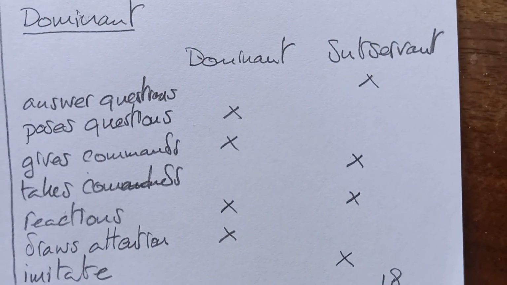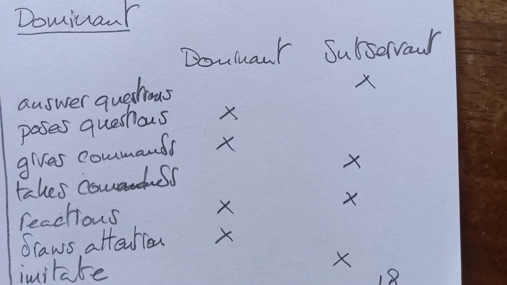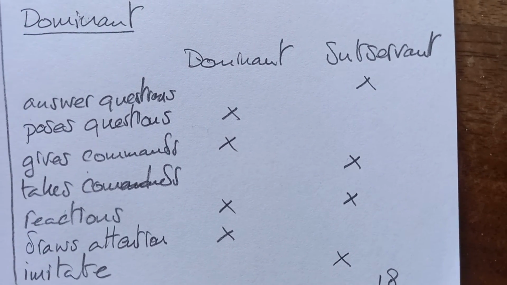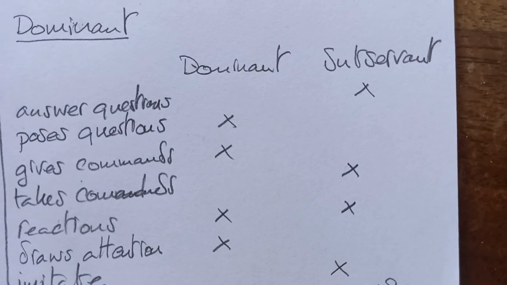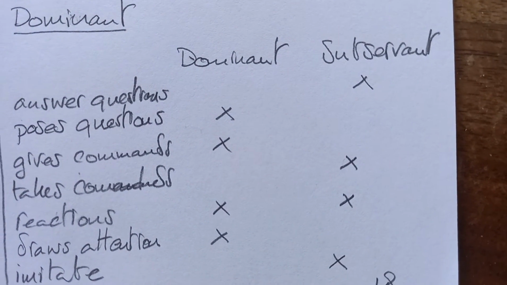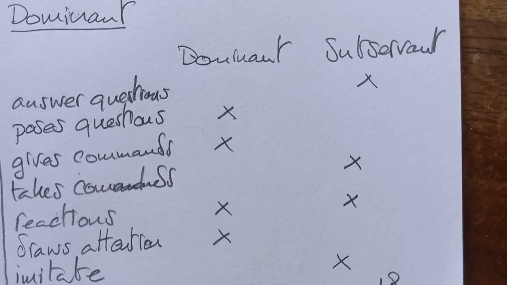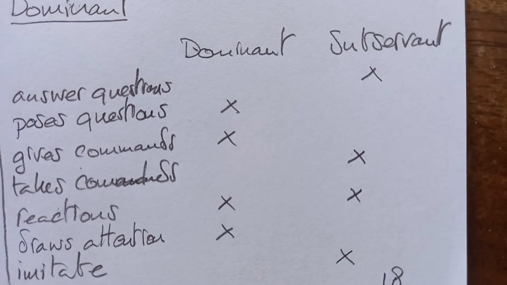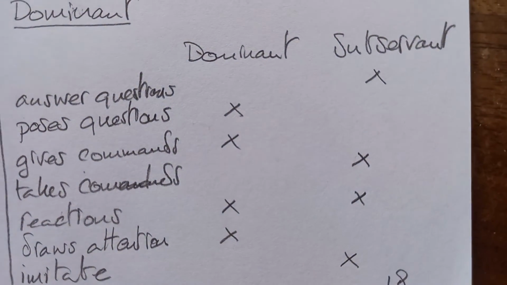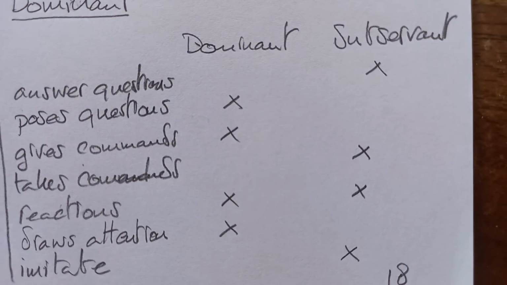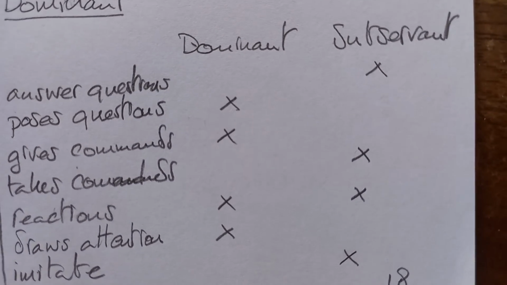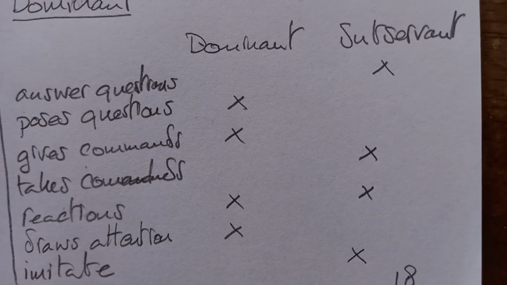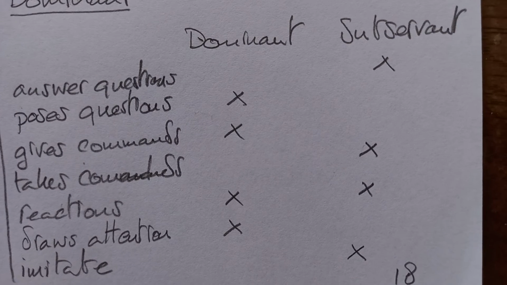One sees then, as soon as the roles between the two agents are clear, that one is dominant and the other is subservient, then the dominant only poses questions and only gives commands. It also performs reactions, and also draws more attention to itself. Almost opposite actions are performed by the subservient agent. It just answers questions, but doesn't pose any. It doesn't give any commands, but takes commands. It also reacts, I would say, in all cases, but doesn't draw attention to itself and is more prone to